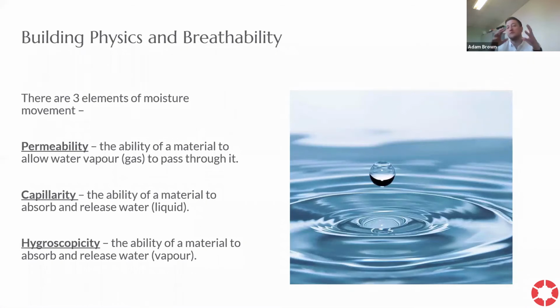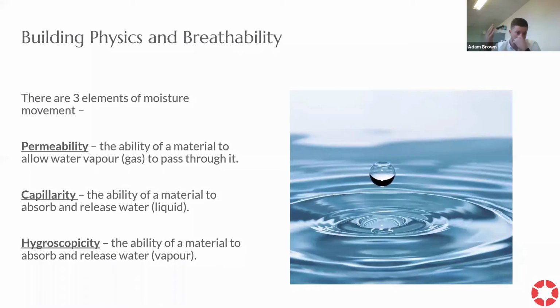When we talk about breathable construction, breathable mortars, breathable materials, what we're actually looking for are three elements of moisture movement. The first one, which is often what most people are aware of, is permeability. It's the ability of the mortar, render, plaster, or material to allow water vapor, moisture to